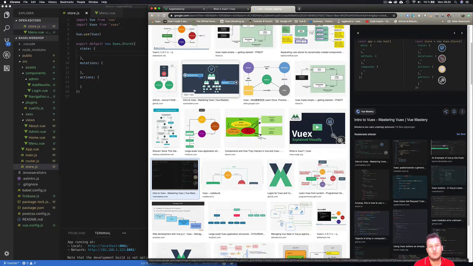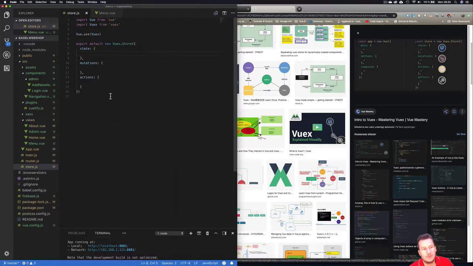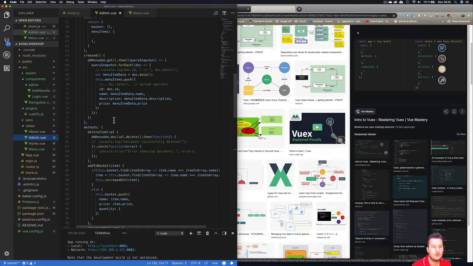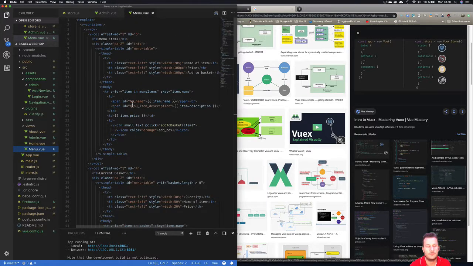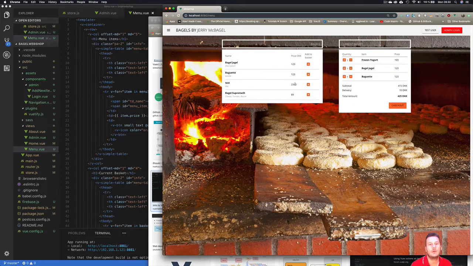And the reason we want to do this is right now everything we created in our project over here is kind of in fewer components. So for example, our admin here is let's go menu here. That's the one I wanted. So our menu here, we have on the left side of our page, up here, we have our menu items, our bagels, and on the right side we have our current basket. We could actually split this up, so we have a component to render this here and have it work by itself, and have a component over here for the basket. And if we're using Vuex, it's just a lot easier to transfer data between these two than it would be